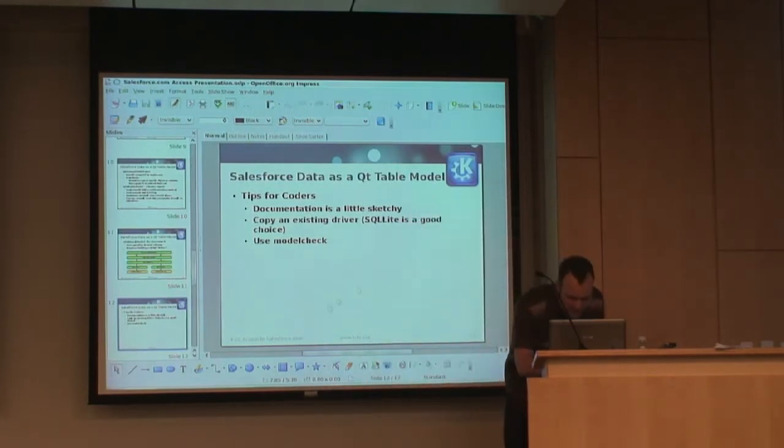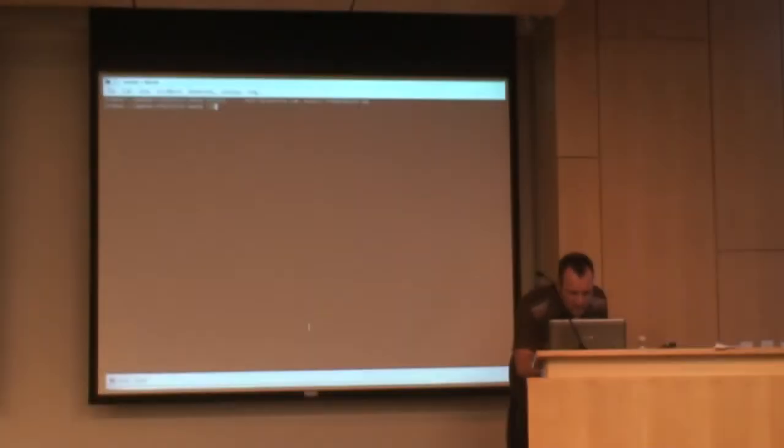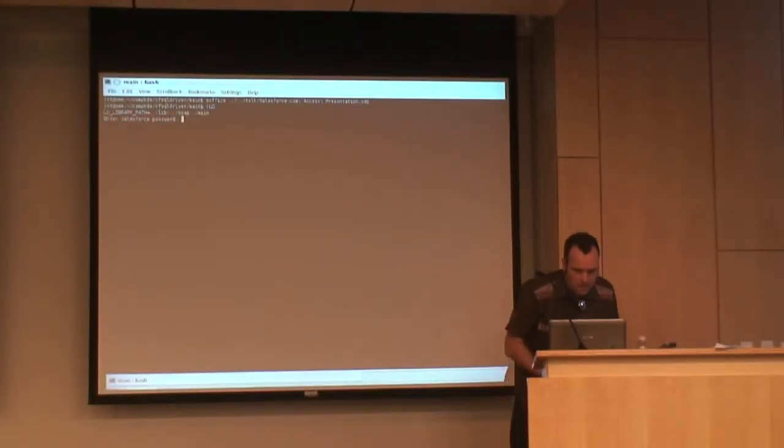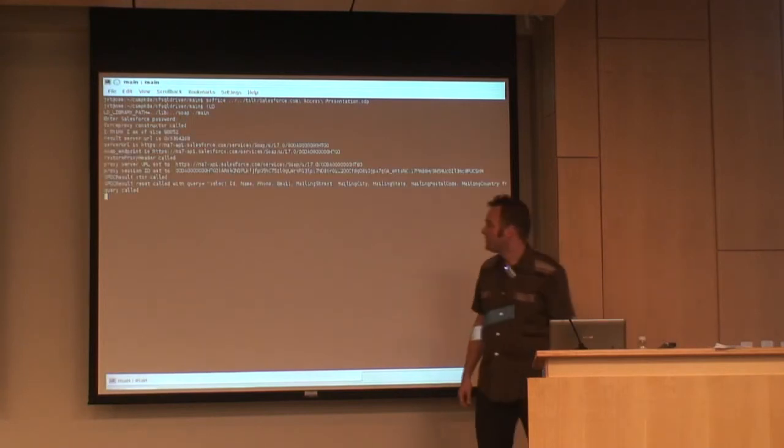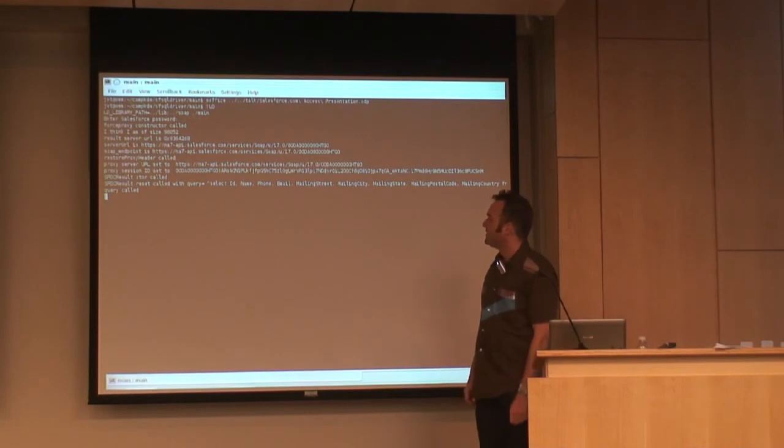So I thought I'd just show you guys that running real quick. I'm having linking problems, you can see that. And I've got a little debug output, but hopefully